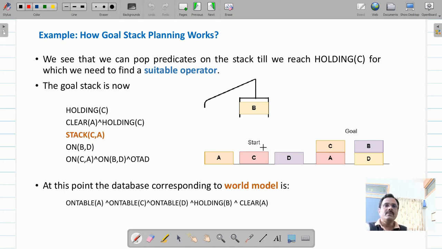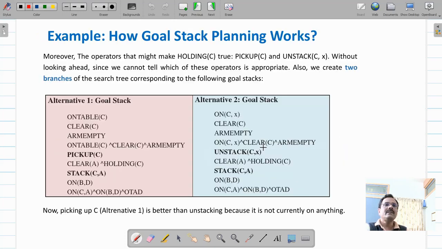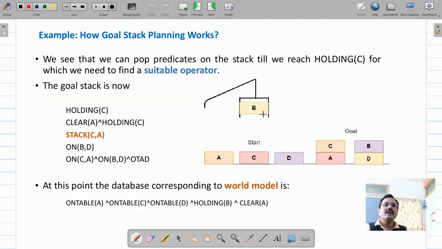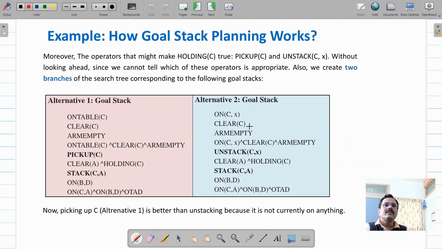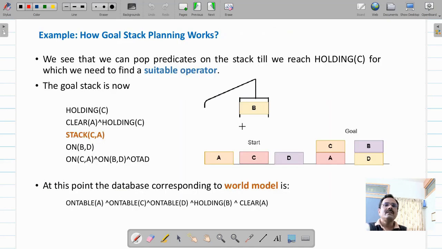But if you perform this unstack C X, then the preconditions are: on C X should be true, C should be clear and arm should be empty. Now arm is not empty, arm is holding B. C is clear, yes, C is clear, but C is on X is not true.